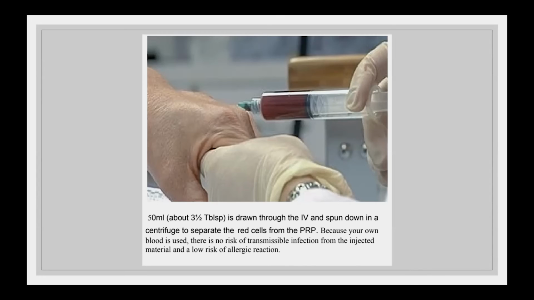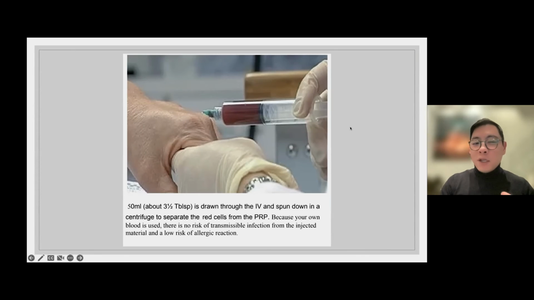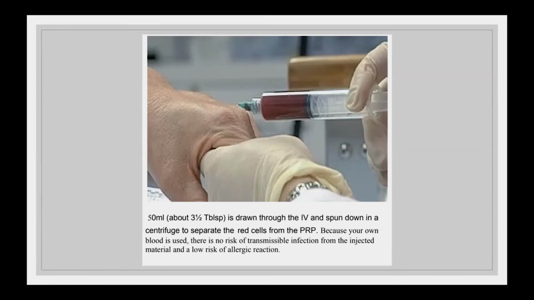So this is a newer technology that's being investigated, but it's actually used quite frequently, both in private practice and also in some academic centers like UCSF. It's safer because you're not injecting a foreign substance. It's your own blood that's spun down. And then you can inject it in a variety of locations. The big caveat with this is that since it's new, a lot of the data is not super conclusive. We don't know exactly how much relief it causes. I think those things are to be determined in the next few years.